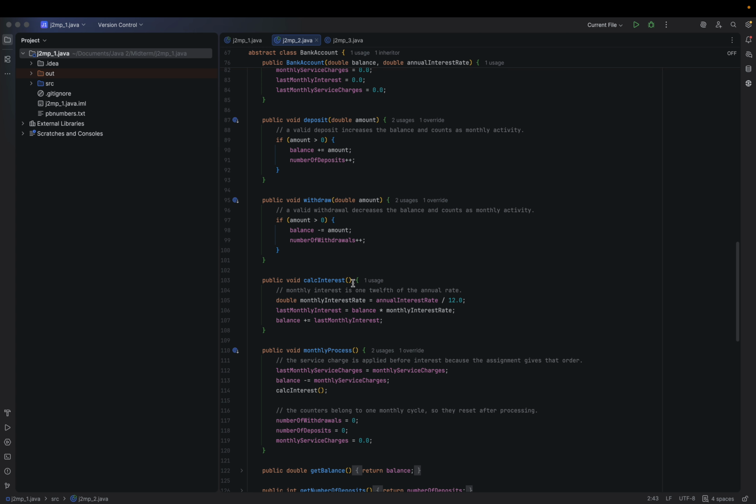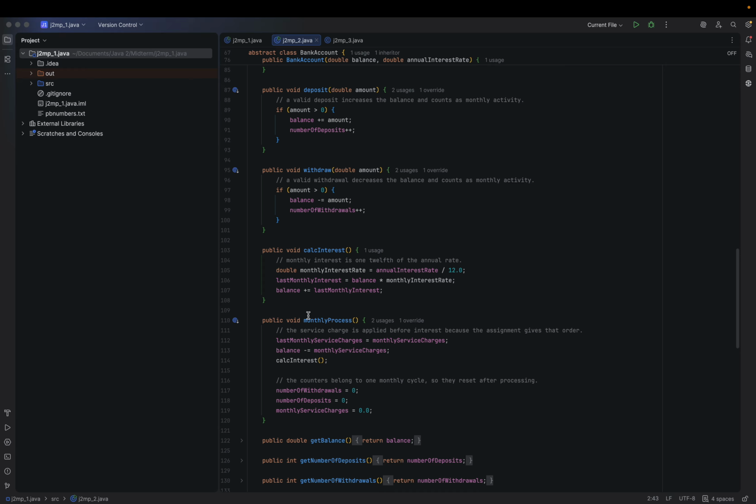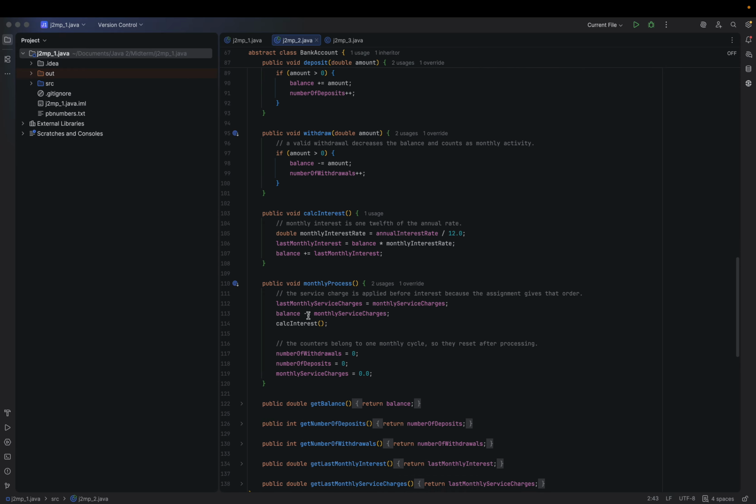The interest calculation calculates monthly interest by dividing the annual interest rate by 12 and multiplying the balance by that monthly rate and adding the result to the balance. The monthly process method follows the order